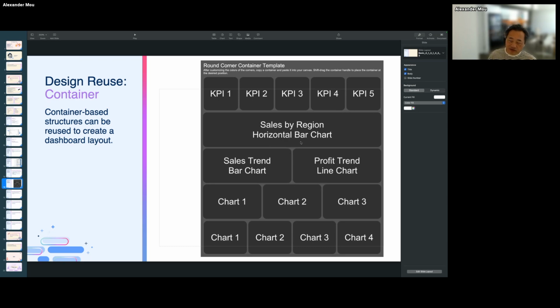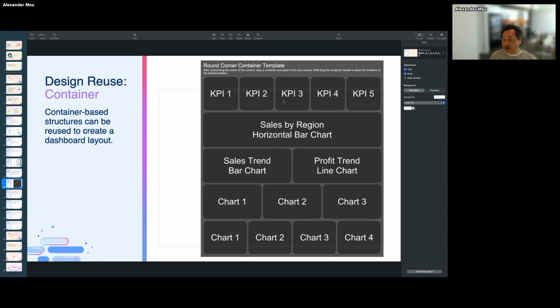And for a new design, I can copy this layout, which is created using multiple containers, and copy it to a new workbook. I may change some of the elements.